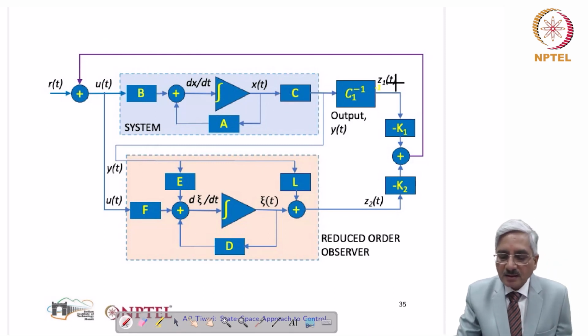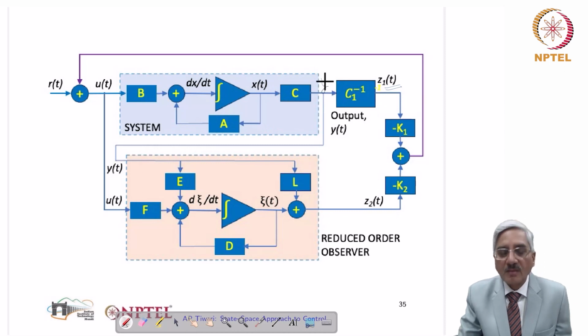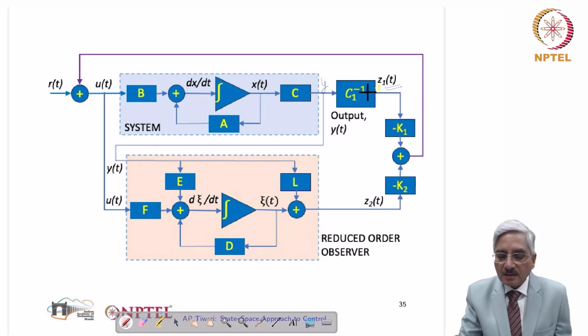So we have the states Z1, which is the same as C1 inverse y. This is y here. So x transpose times c times x gives y, and that comes out of the system. So we multiplied with c1 inverse to get Z1. That we are multiplying with k1,